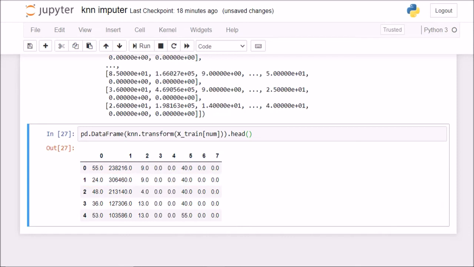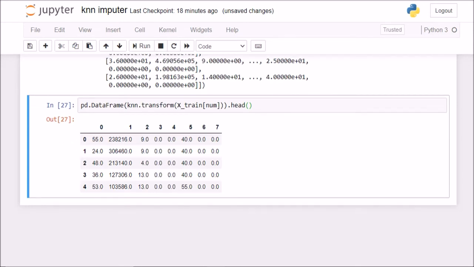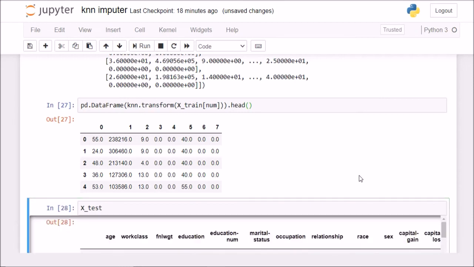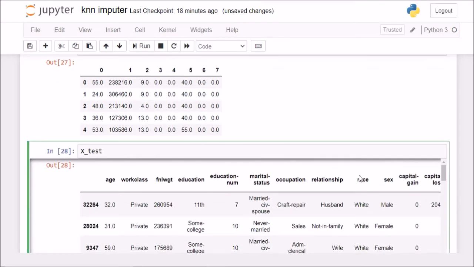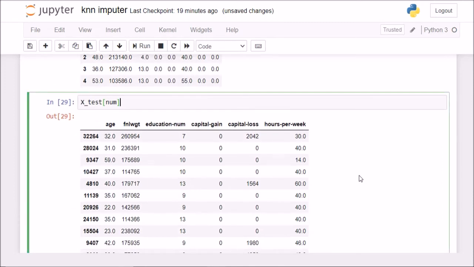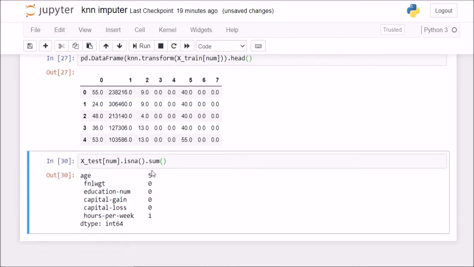So now what if I want to do it for x test, right? What do you think will happen? Let me ask you this. If I show you a missing value in x test, for example, this is my x test here. I'll subset it to give me the numerical columns. Now if I do .isna().sum(), it tells me that age has 5 missing values and hours per week has 1 missing value.